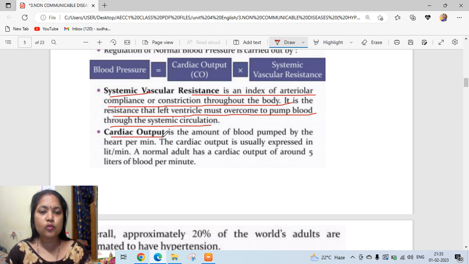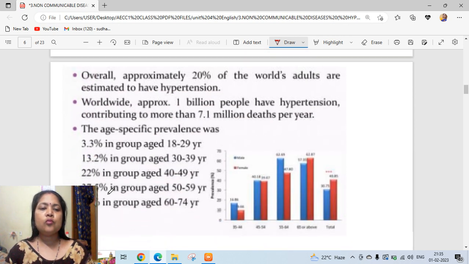And cardiac output is the amount of blood pumped by the heart per minute, okay. The cardiac output is usually expressed in liters per minute, and a normal adult has a cardiac output of around 5 liters of blood per minute. So overall,